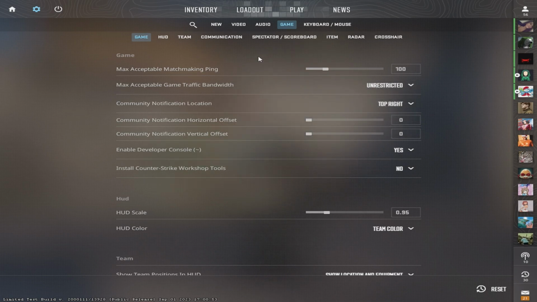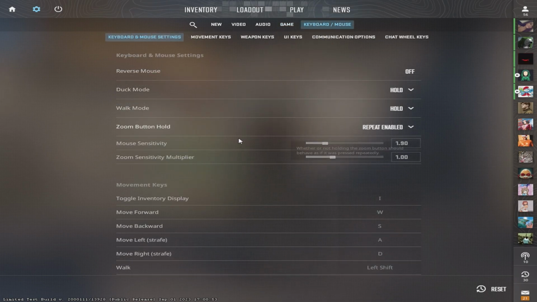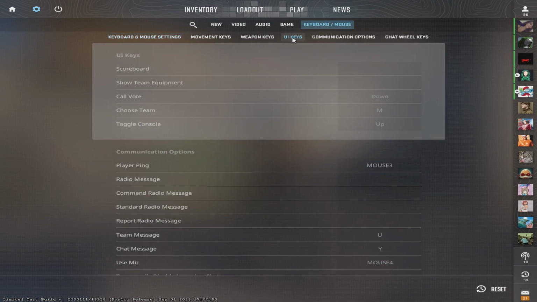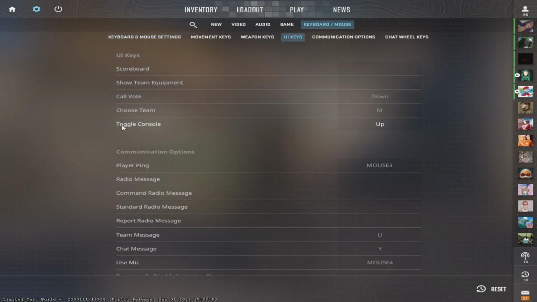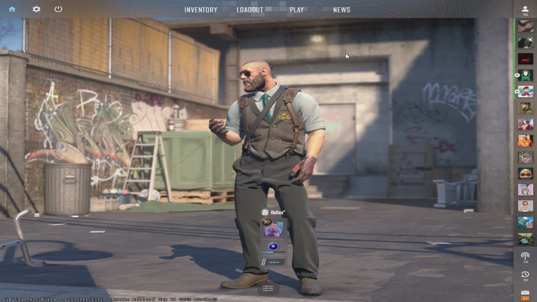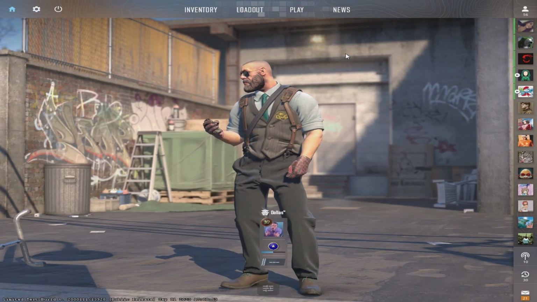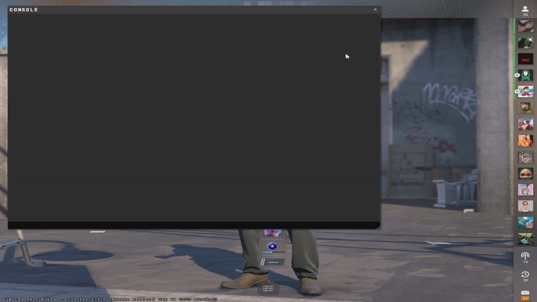If it still doesn't open, you can go to keyboard and mouse and then click on UI keys, and it'll be the bottom one on the UI keys. Toggle console, and then it should have the squiggly line there, the tilde key, or you can change it to something that's more comfortable for you. I've gotten extremely used to just using my up arrow key, so here it is. My up arrow key will open up my console. Once you've got that all set up, you hit your key, whether it's the tilde key or a custom key that you've made, and it will open up your